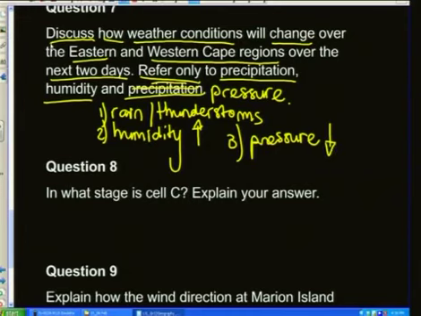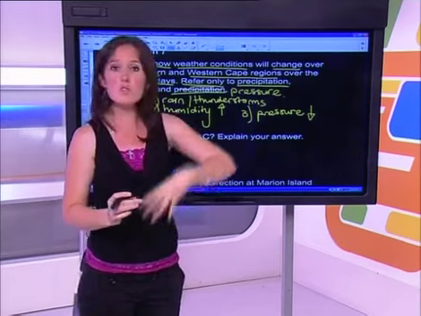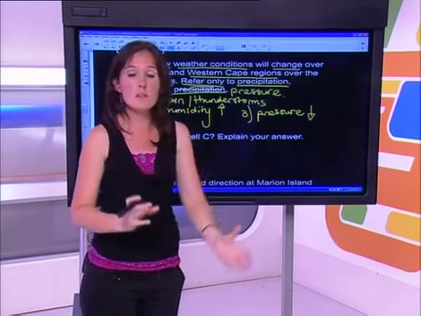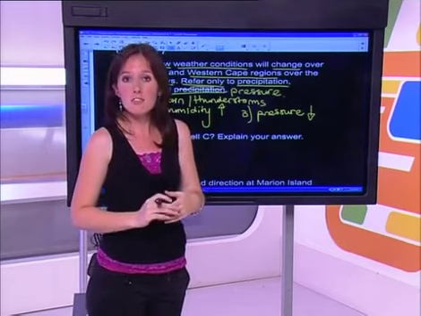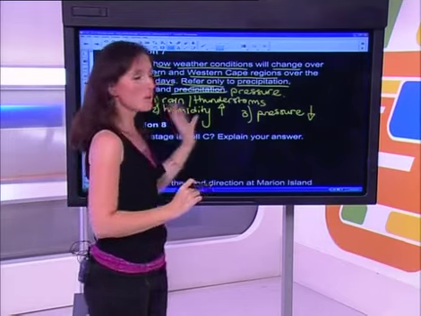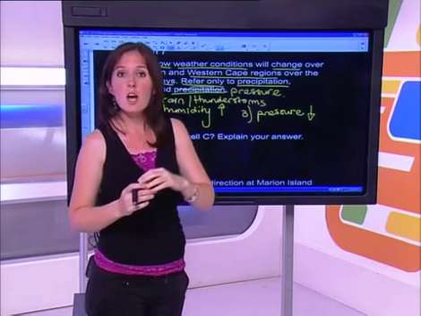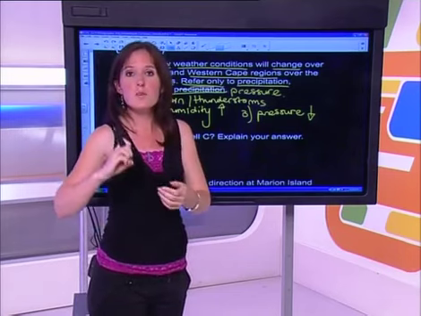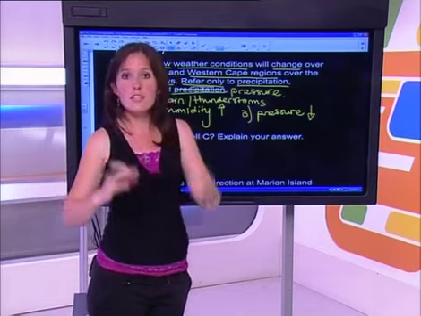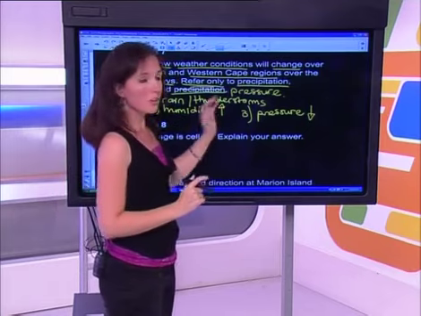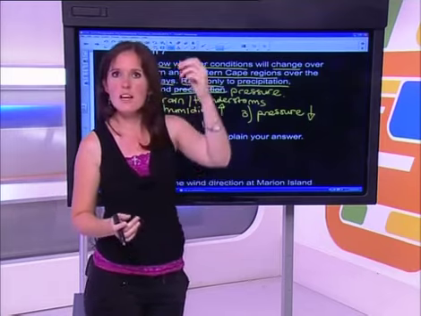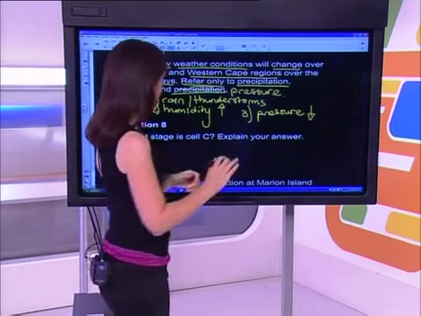If you have a look at why it's happening, with your answers you can't just write what I'm doing there, you need to explain it. So just remember that the rain and the thunderstorms are because those cumulonimbus clouds are forming, because rapid air is lifting above that cold sector. Humidity levels are increasing because as air rises, it absorbs water, it evaporates water. It's going to create condensation and clouds. Our pressure will decrease as well because our air is rising, creating a low pressure there.